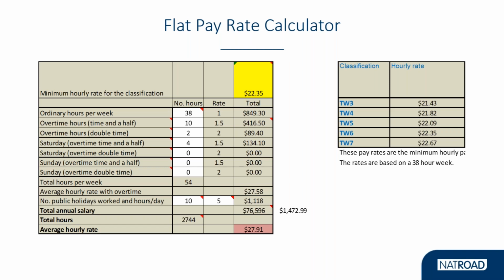So in actual fact, if you were working that arrangement and the average hourly rate was $27.91 per hour, you're needing to be paid 92 cents or 93 cents per hour more to actually be able to demonstrate that the employee is better off overall. However, for something like that, practicality says you'd probably round that up to $28 an hour.